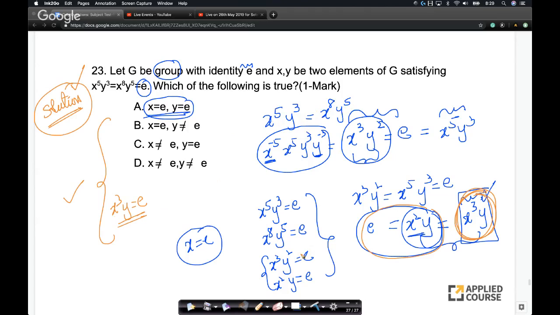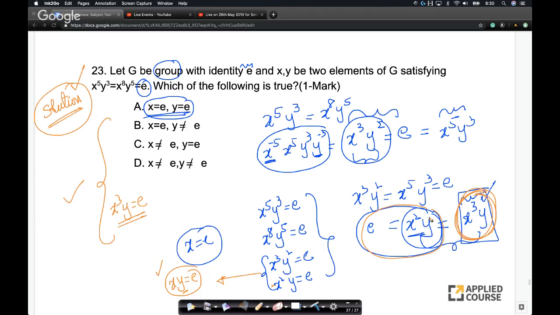With this I can't get it. With this I'll get only the xy term, right? So let's see. If I resolve these two, what do I get? I get x into y is also equal to e. If I cancel these two terms and equate both of them, I get xy equals e, which means y is the inverse of x. This is what I'm getting. Oh, I think I got it.